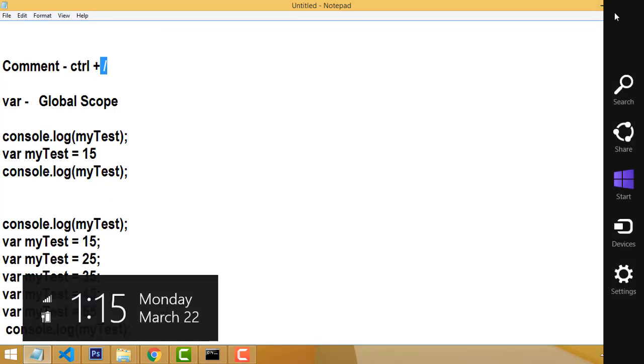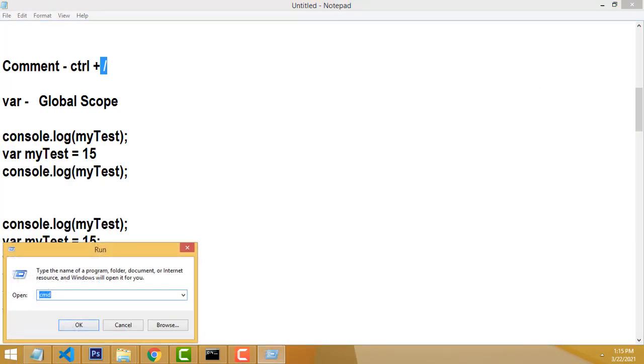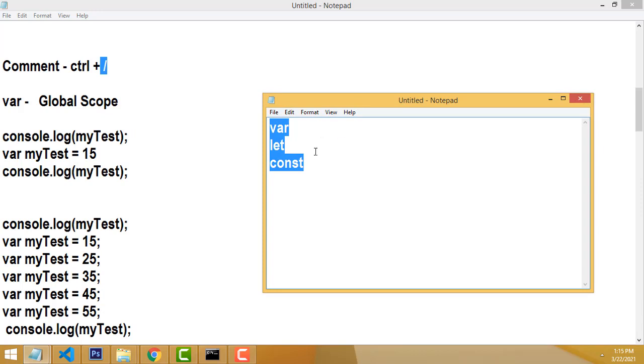After that, what I'm going to teach now is the difference between the different variable types of Node.js, right? Have a look here: var, this is one type, another type is let, and another is const. These are the three variable types. What is the difference between these three? Let's look at them one by one.